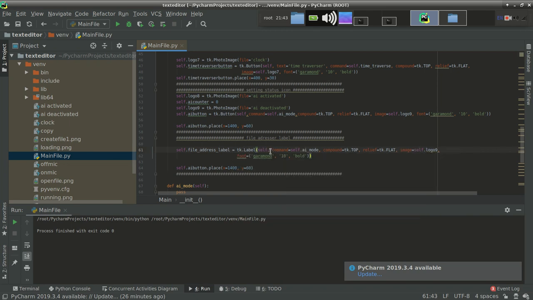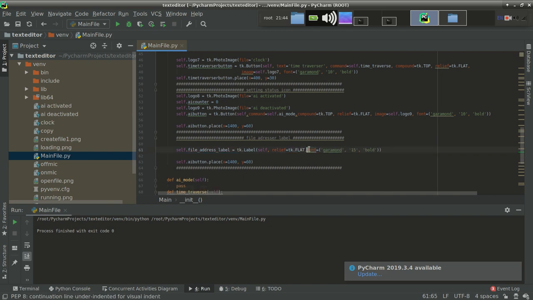It should be on self. There is no need to use command because it's a label. Command is useless over here. Similarly, no need to use compound, remove it. There is need to use relief, and no need to use image. And yeah, font is important, so just increase the font by 5 so that the font size will be quite enough to read.